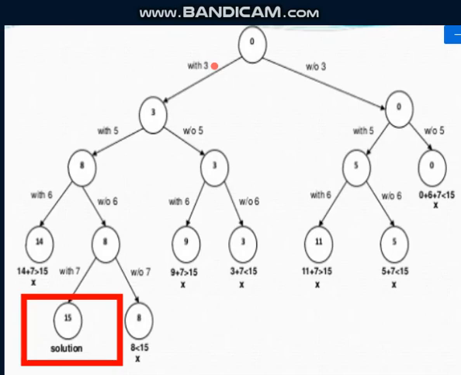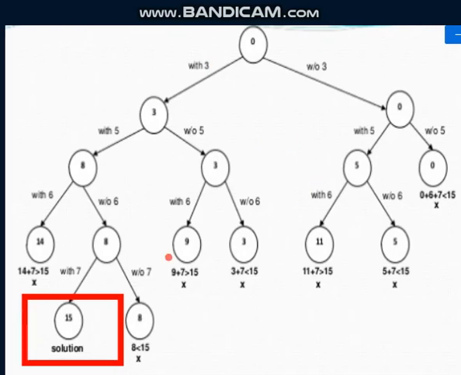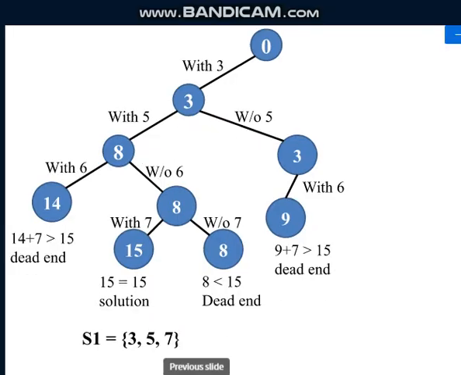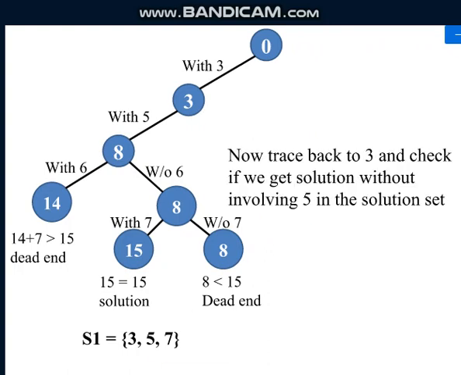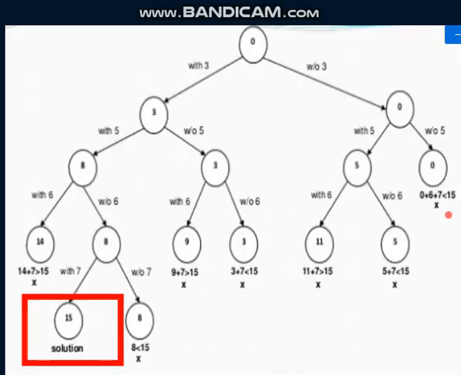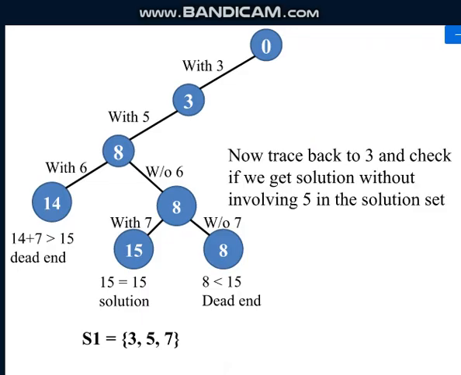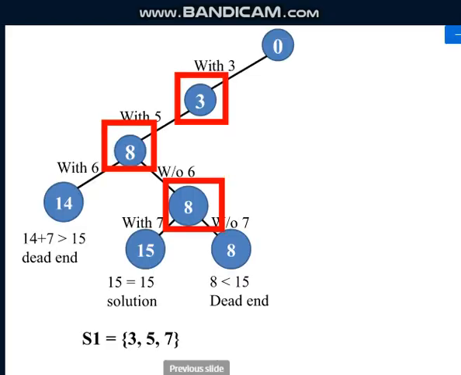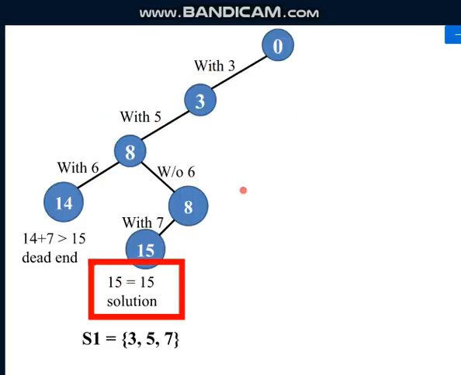So this is one example we have come across. This is how you construct it. Further, I didn't find so much space, so that is the reason I have just finally given you the solution tree here. So I hope you have understood what backtracking is, and how backtracking is applied in finding the solution for this sum of subsets problem.